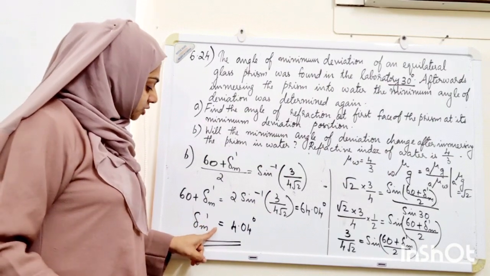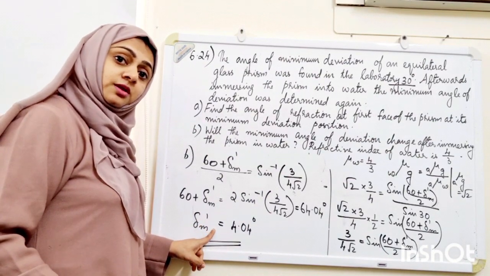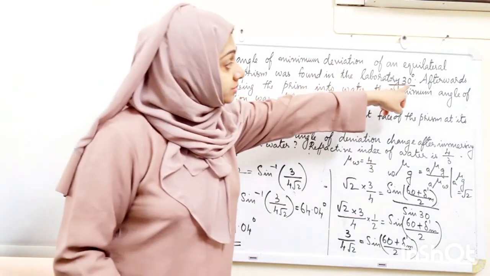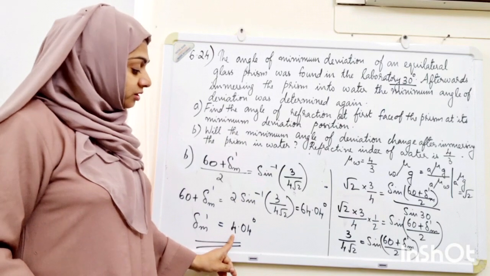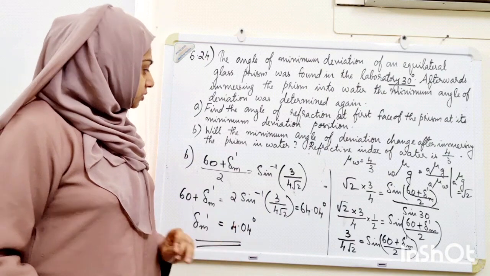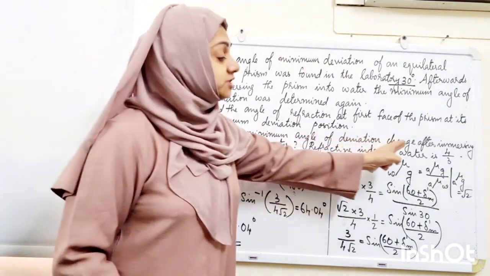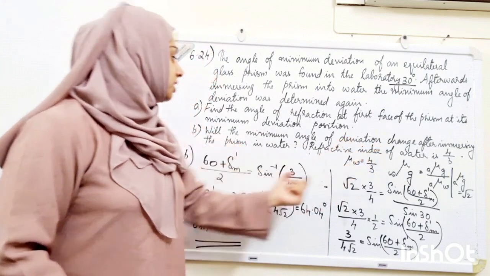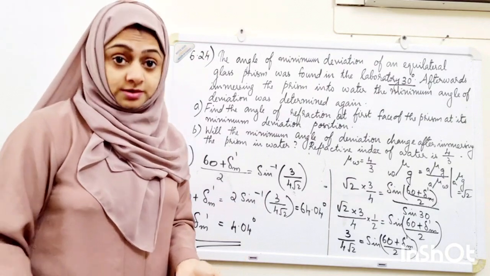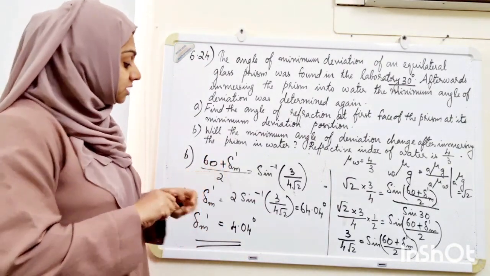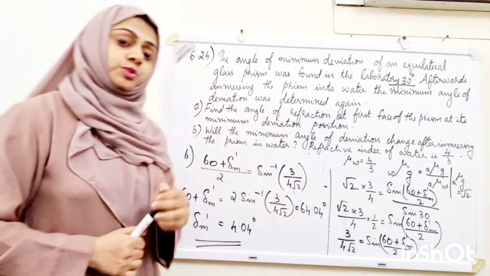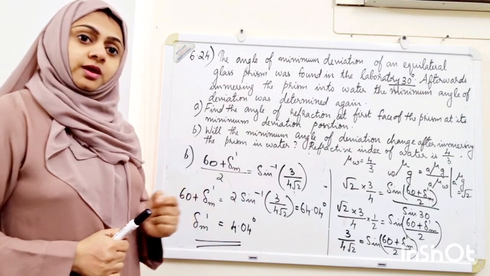So what happened to the angle of minimum deviation when the prism is immersed in water? It reduced. It reduced from 30 degree to 4.04 degrees. So that is a large difference. So will the minimum angle of deviation change? Yes, it will change after immersing the prism in water. How is the change? It will decrease. So the angle of minimum deviation decreases when the prism is immersed in water. I hope this problem is clear to you, and if you have any